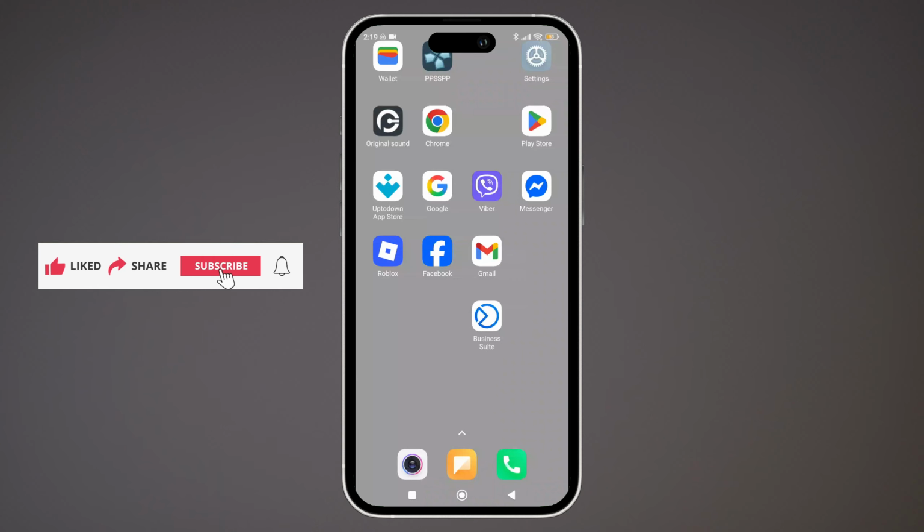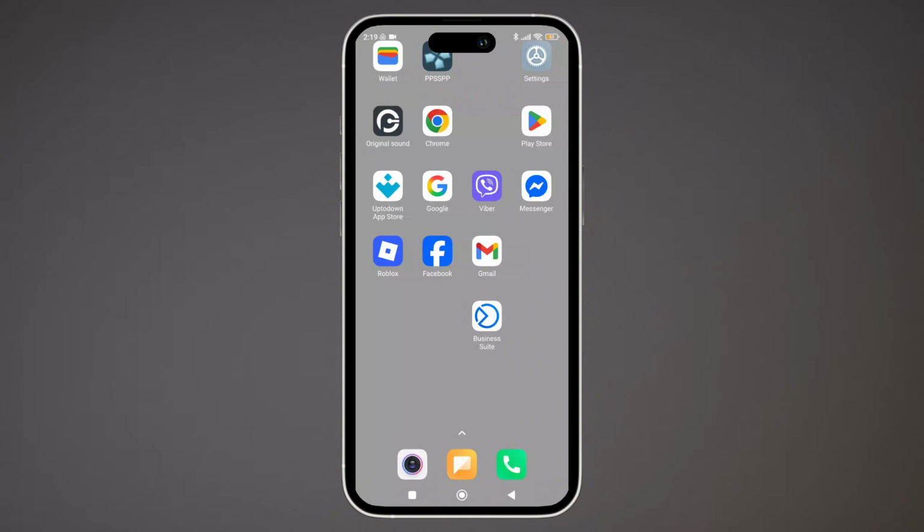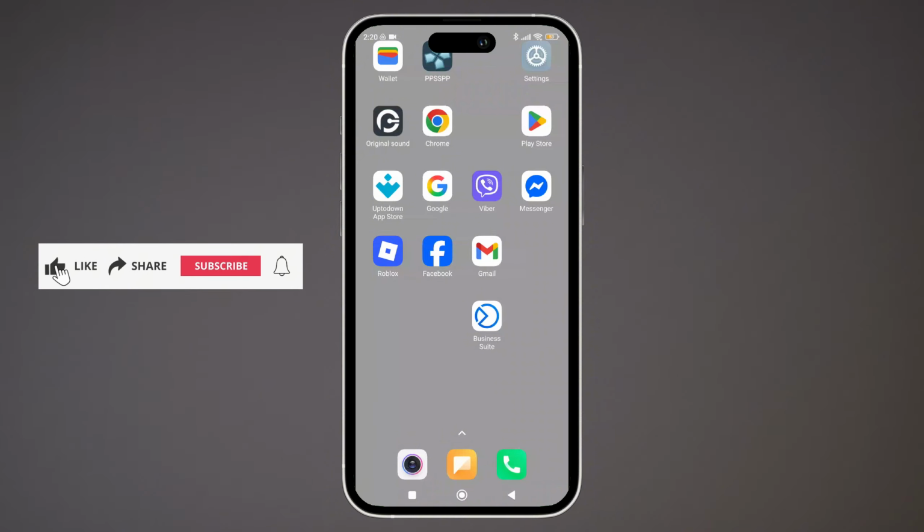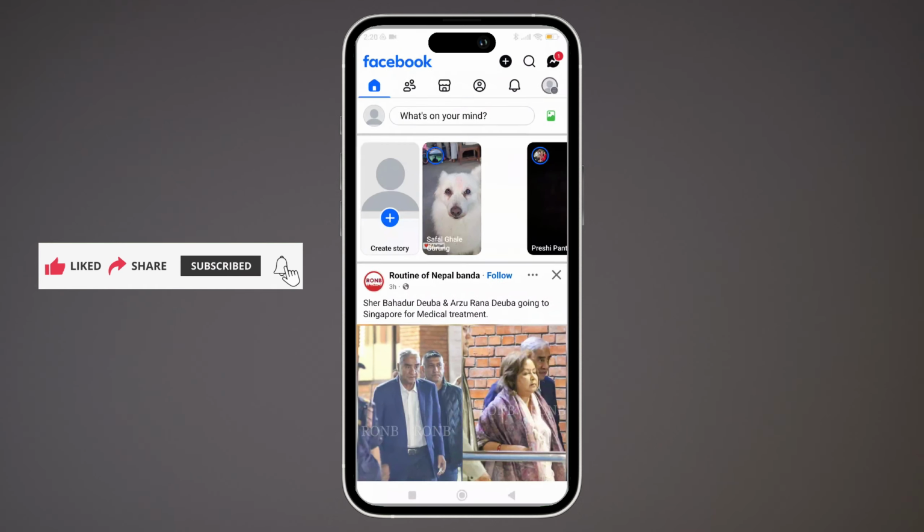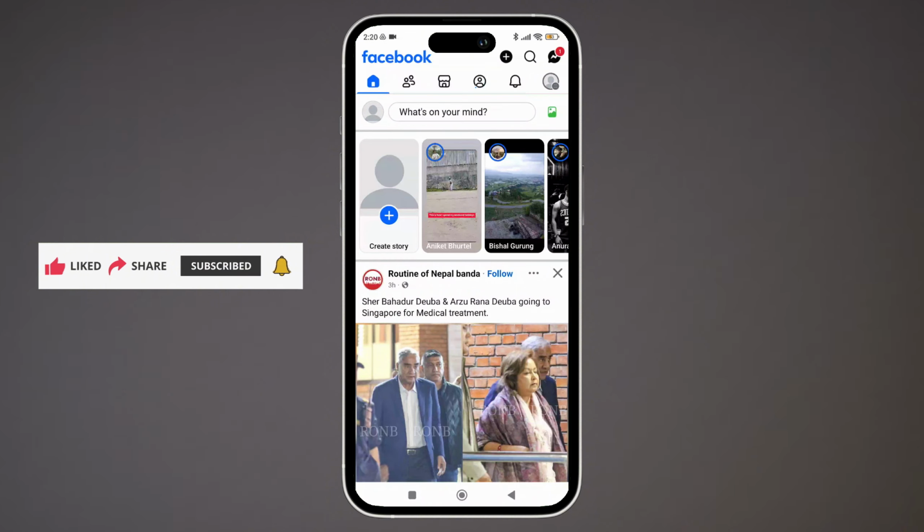So first thing first, let me tell you that Facebook pages don't have a separate password. Instead, your Facebook account password is what controls access to your page. So to change your page password, you need to change the password of your main Facebook account that manages the page. So here, simply open the Facebook app on your phone and make sure that you're logged in to